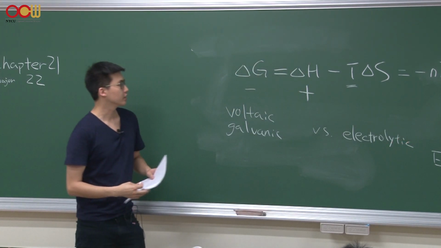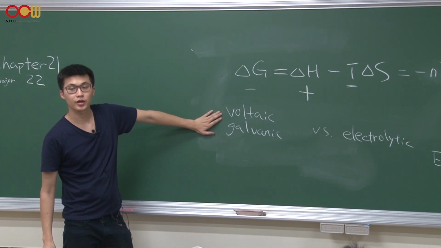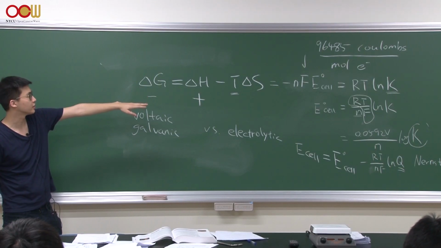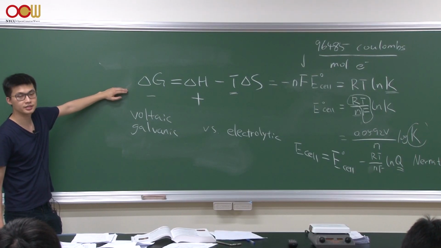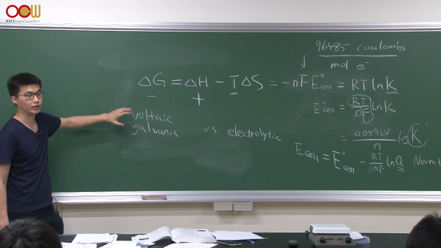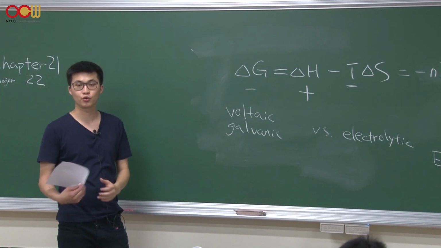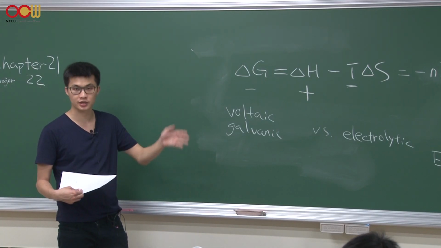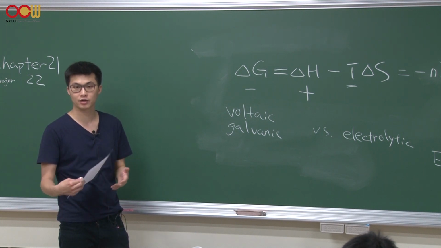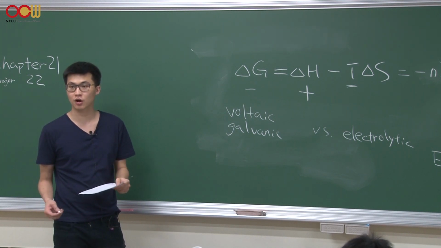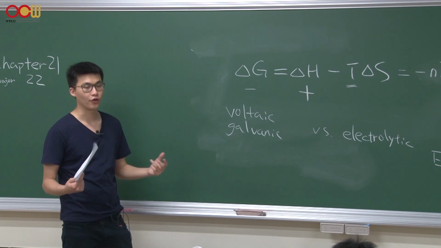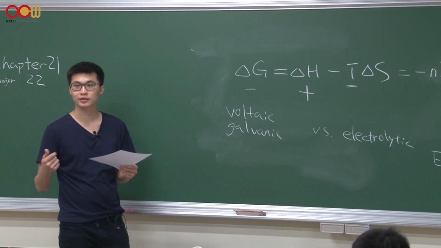Okay, so we previously studied battery, and we know the standard potential is larger than 0. Your delta G is less than 0 to be spontaneous. So it's releasing energy. It's doing work. The chemical redox process is doing work and provides energy. So the movement of electrons can drive other things that you desire to do, such as lighting up a light